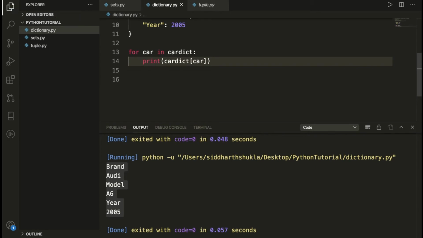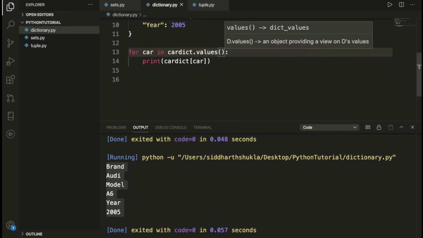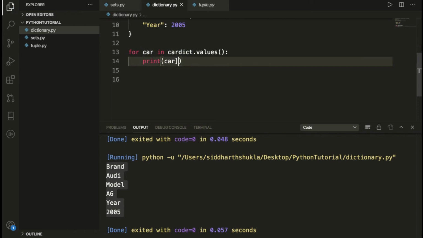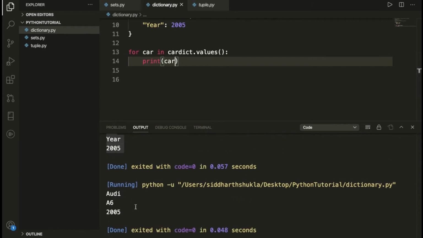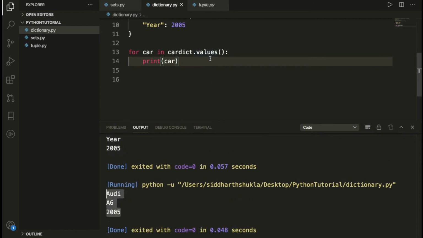Okay, so hope it is clear how you can get the value exactly. And also one more thing, if you want to print values only, then we have the method values, and if you want to print now, you can execute the program. Let me correct this one. Yes, we have the values, so you got it here. If you want the values, you can get them by using the values function. This is present in dictionary, and we can get exactly the values we want.